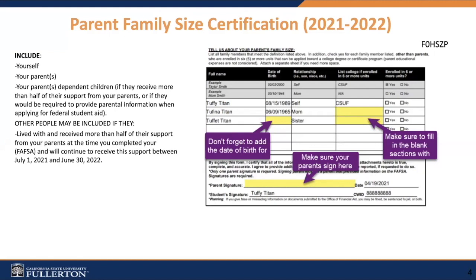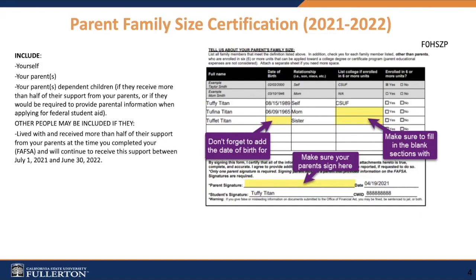Here we can see the Parent Family Size Certification Form. Be sure to include yourself and your parents' dependent children. This is anybody that receives more than half of their support from your parents, or if they would be required to provide parental information when they're applying for federal student aid. Other people may be included as well if they lived and received more than half of their support from your parents at the time you completed your financial aid application, and will continue to receive the support between July 1st, 2021 and June 30th, 2022. Don't forget to add your date of birth, ensure all spaces are not blank, and have your parents sign the